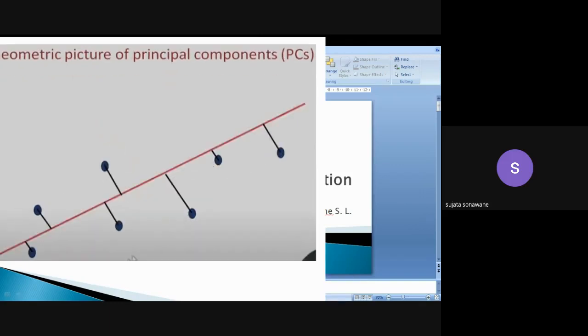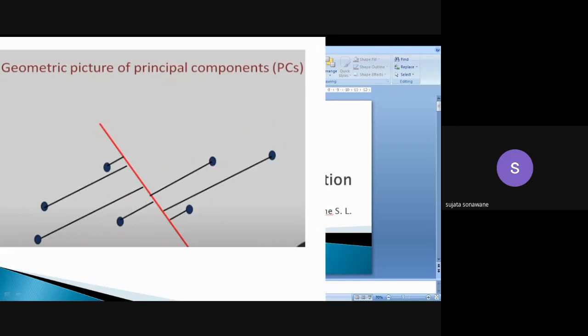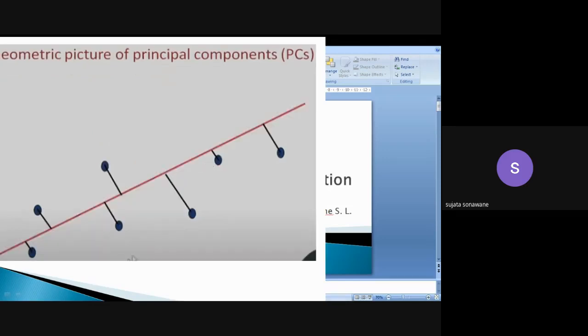Okay, so we have these two different projections, and from these two different pictures, which one is the best one? Or which one is better, which one we will prefer, that we want to find out. Now we have these two different diagrams. So which axis will we prefer? Basically we will prefer this axis. Okay, so why will we prefer this axis? Because when we see it, it has the larger variation. Within this diagram we can see there is a larger variation.